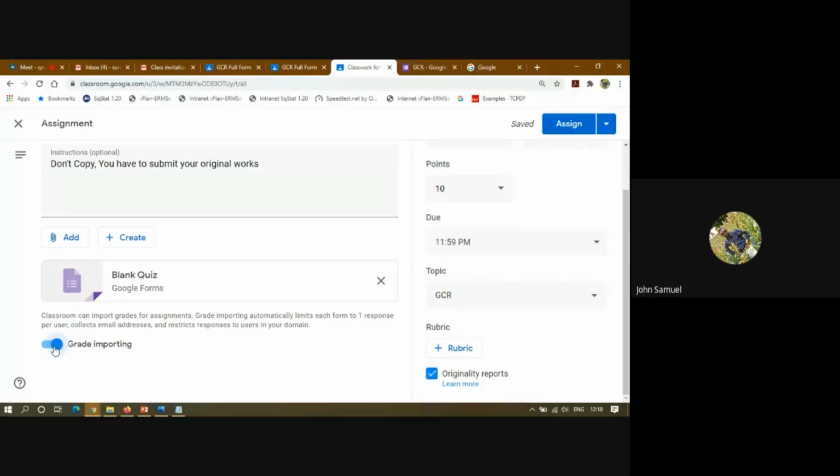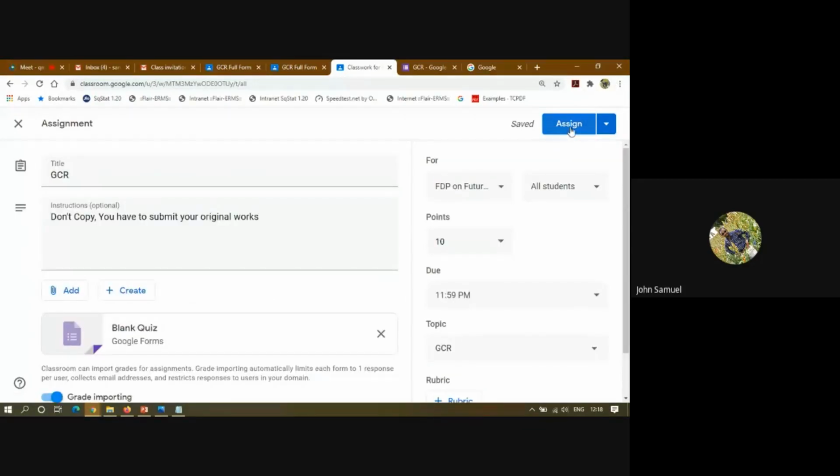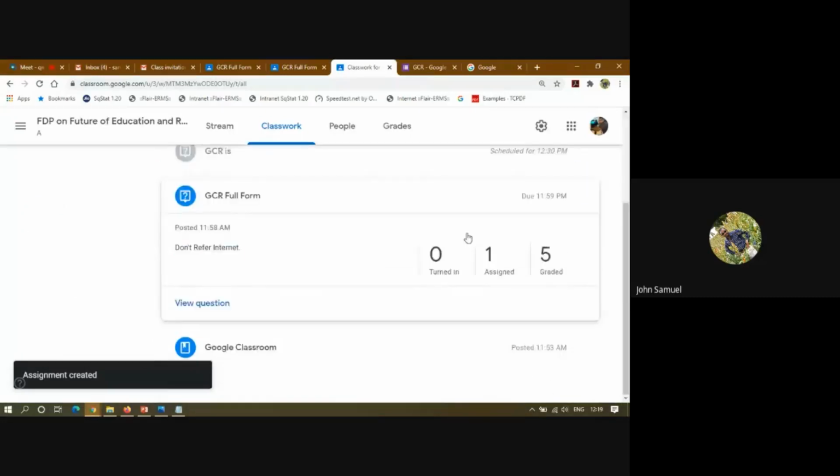This grade importing means that after the completion of this exam, we can import the grade automatically from the form itself. No need to type or enter manually. It will be awarded automatically from the form itself, right? I will show that also. Right? So now I am assigning it. Right, so it is assigned.